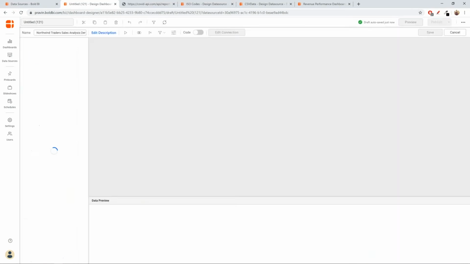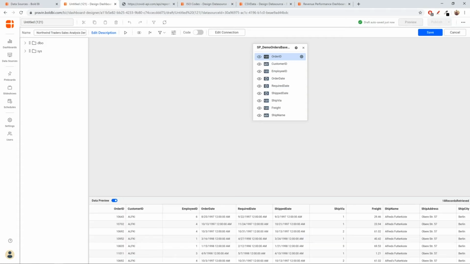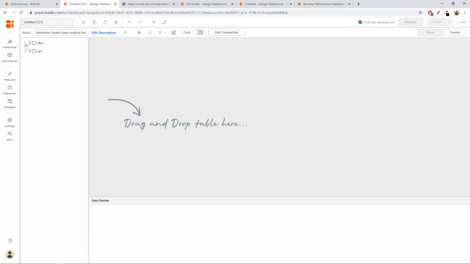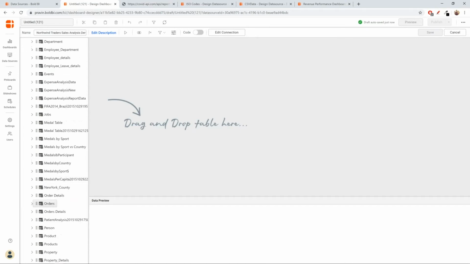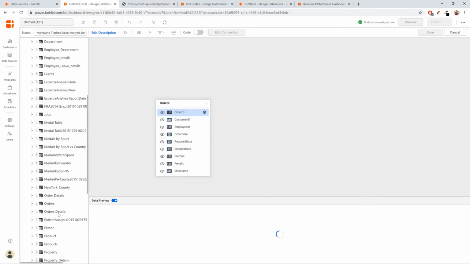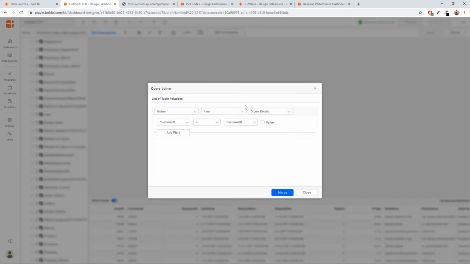The first thing we have seen is stored procedure. You can also use the parameters in custom SQL queries. For example, I'll just remove this stored procedure and then add a few tables to this data source, say orders and order details. First I'll drag and drop the orders table and then the order details. I can establish a join relationship using the order ID field.